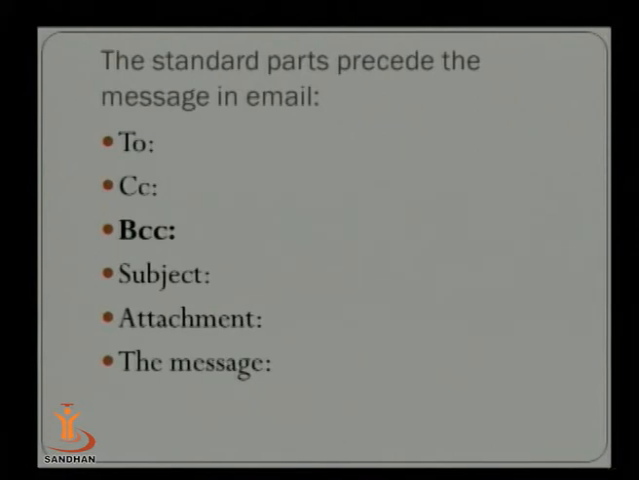These are some of the standard parts of the email, wherein we all know normally what is To, what is carbon copy notation. What is this BCC may be a problematic thing for many of the students, so I would like to just concentrate on this BCC. BCC means blind copy notation. CC means carbon copy. The word comes from the old age when carbon copy paper was used to